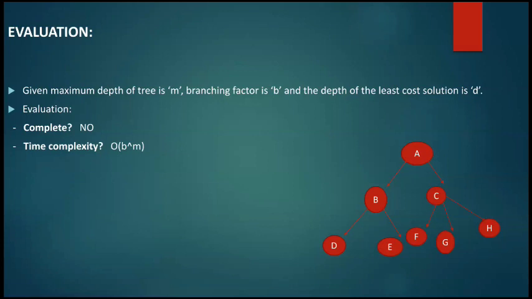If you're thinking that the space complexity is the same, that is order of b to the power m, just like the time complexity, then you are wrong, because space complexity here stores the nodes, the paths of the node. Let's say the goal node is C only. So what is the path over here? The path is A to C only.